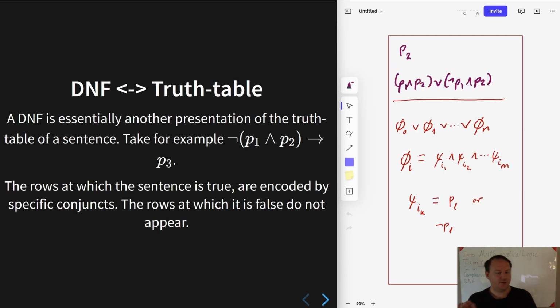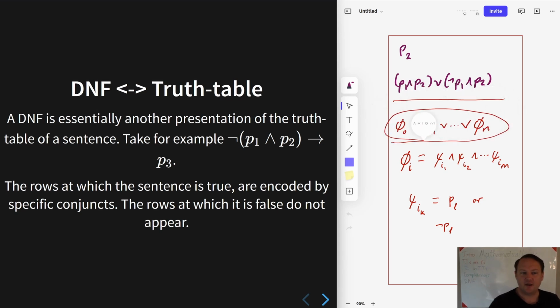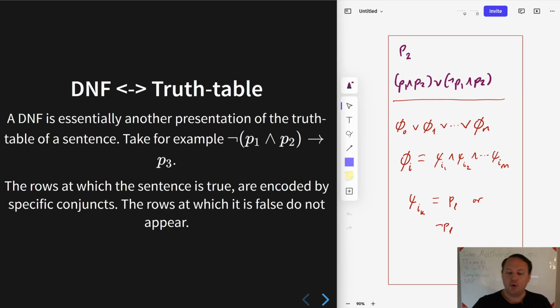Okay, before moving on, I just want to finally state what disjunctive normal form is, or at least show it in the more technical way of writing it. Something is in disjunctive normal form if it is of this form, right? That's a bunch of sentences. Each phi sub i is going to be a sentence, and we're taking the disjunction of some set of sentences. So that's the first level of description of what the form must look like to qualify as disjunctive normal form. But we also impose a condition on each phi sub i, with i ranging from 0 to n,